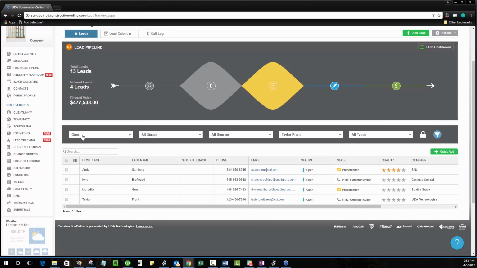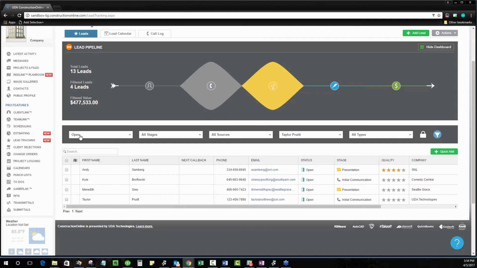But once you close those leads, we don't want to remove those from your leads list and from this information because then you can't report on them. If every lead that you close was removed from the system, you would have no idea what lead sources are giving you the highest close rates. You don't know the conversion rates of any of those or the dollar value of the closed leads that you have. So we intentionally keep those in the system in this leads grid